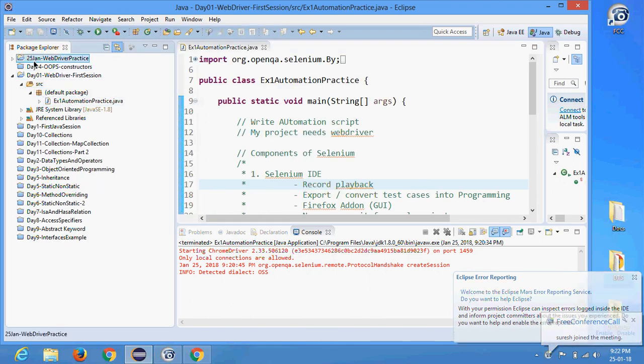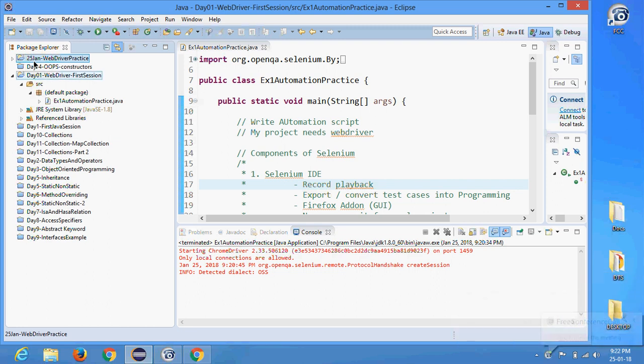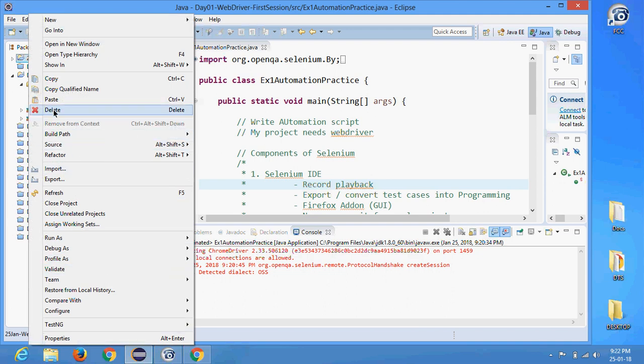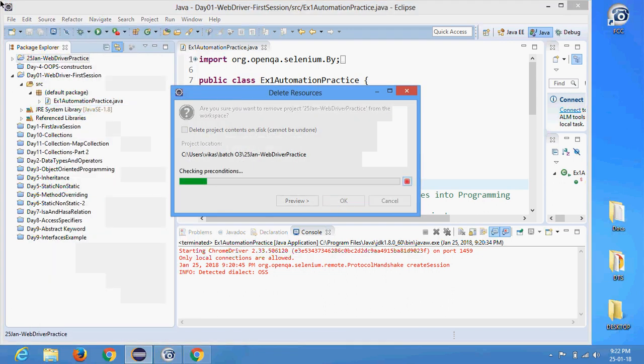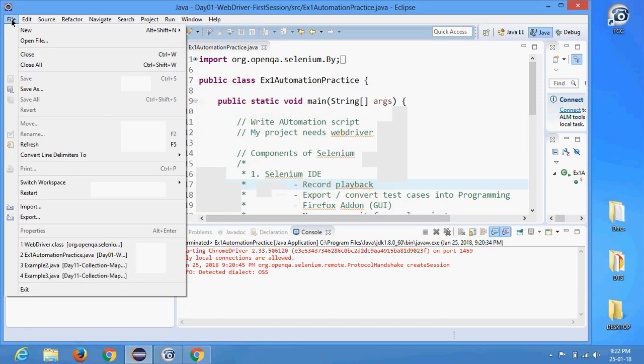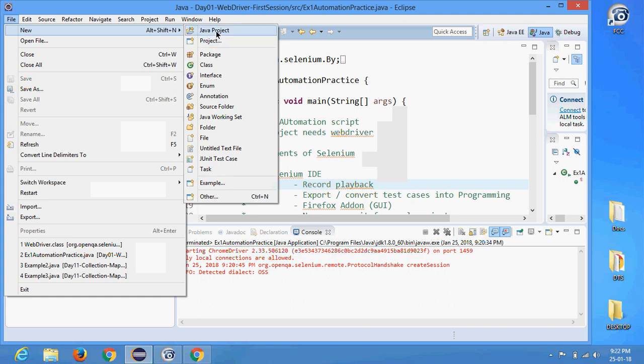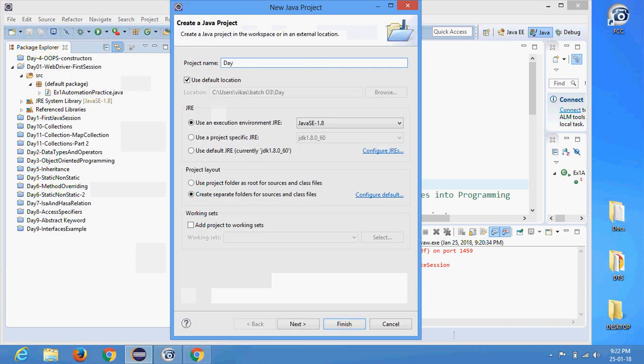So the new project got created, this 25th Jan. Oops, sorry. Actually, I will delete that project and we'll create a project with, let's say, day 2 on the WebDriver. So I will say new Java project, day 02 WebDriver, and the first session. This is not a first session, this is a practice session. We will be doing only practice